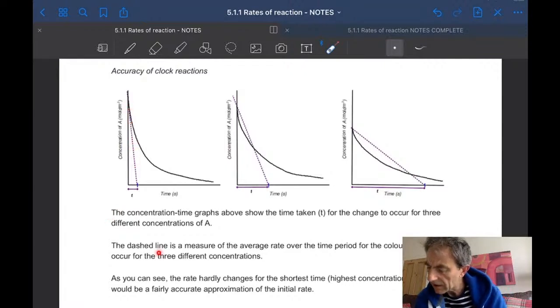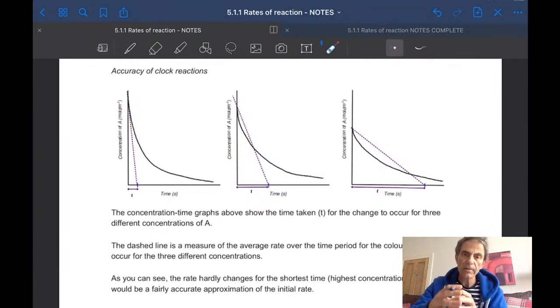So the dashed line is a measure of the average rate over the time period for the colour change to occur. Okay, so this is the average rate. And this is going to be our measure of the initial rate. Okay,